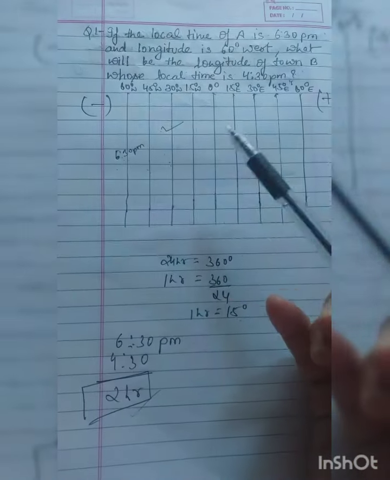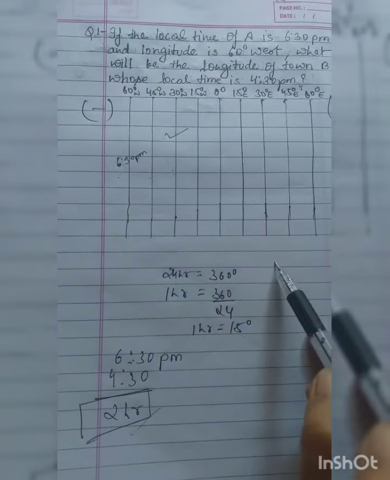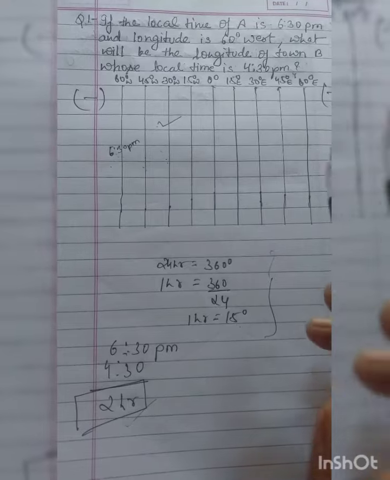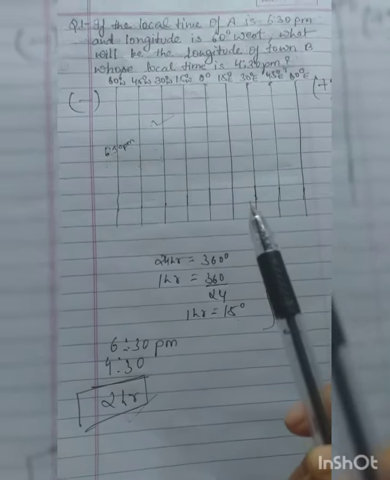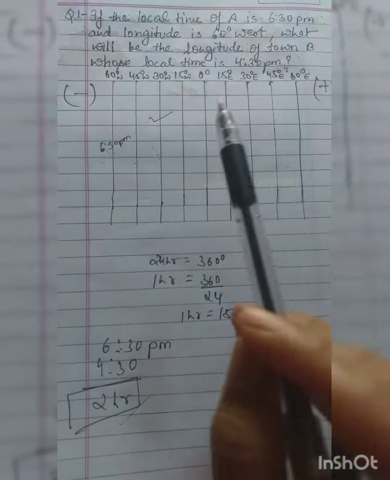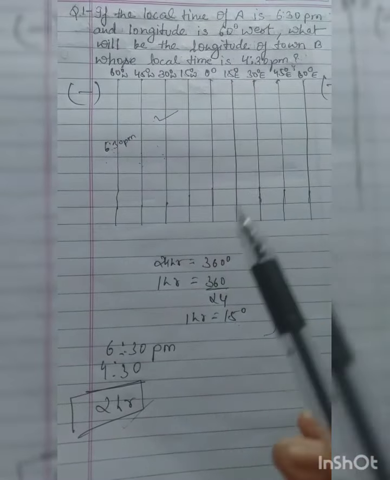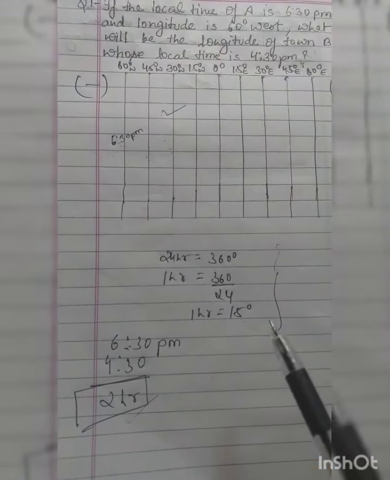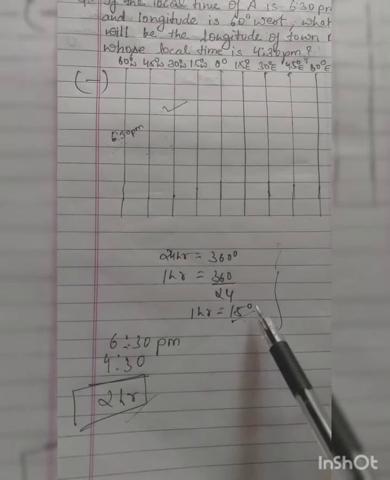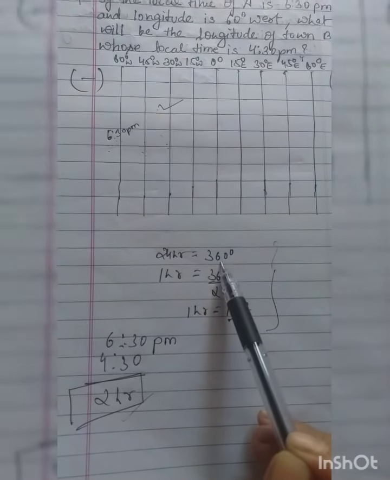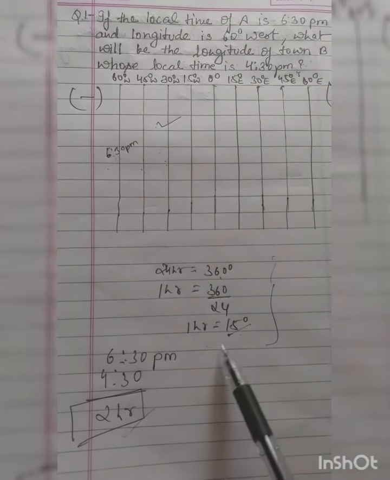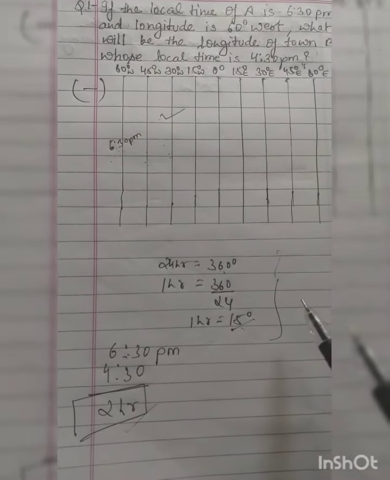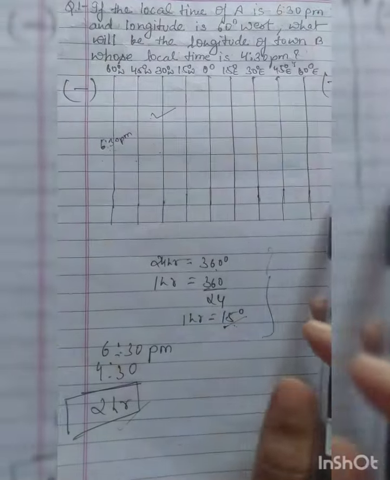So as you know, why I have done this calculation, students, in the previous video also I gave you the idea of why in most books the difference is given as 15°, because the earth takes 1 hour to reach the 15th degree longitude, as it takes 24 hours to complete one rotation. So in 1 hour it will move to the 15th degree longitude. That's why the difference has been created.